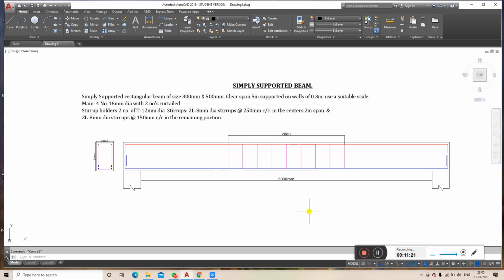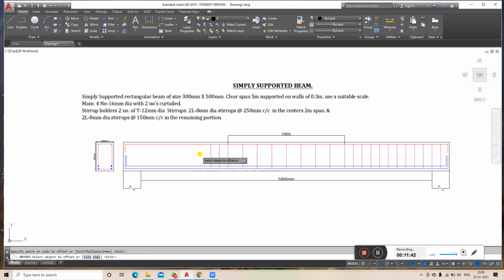After that, near the support spacing should be 150 mm. So I'll take 150 mm spacing from here. On either side I'll be taking 150 mm spacing.